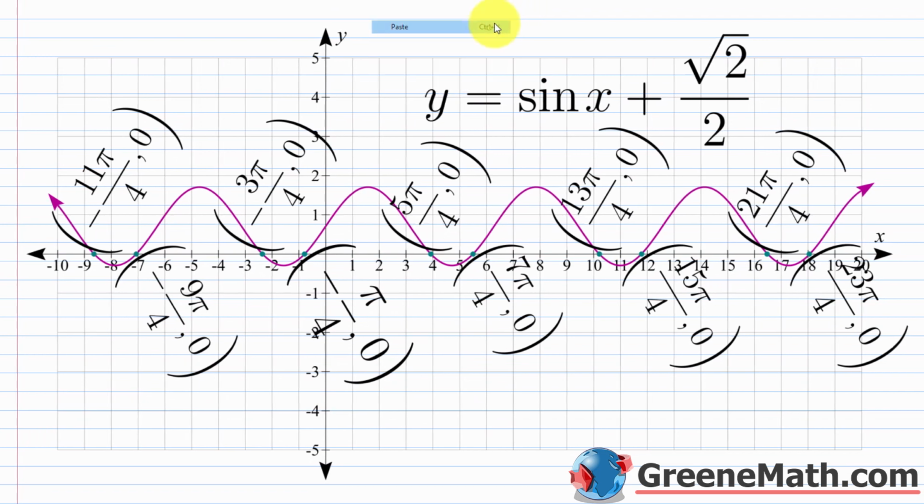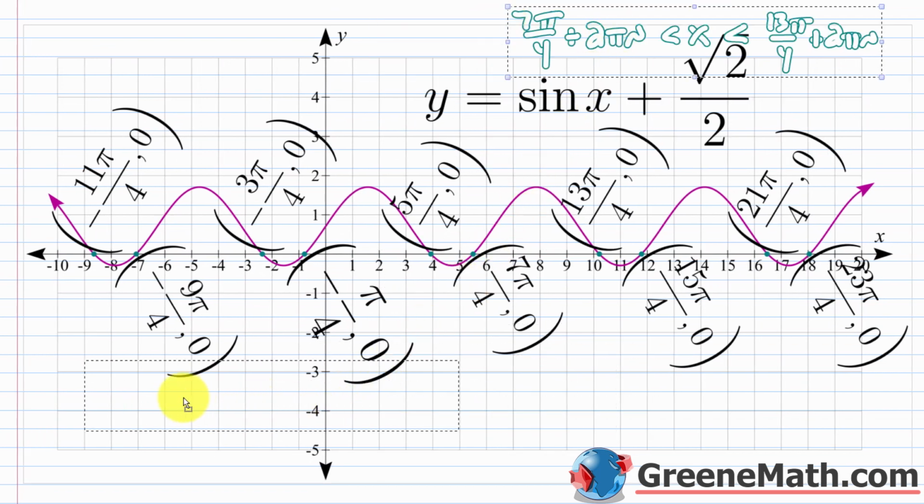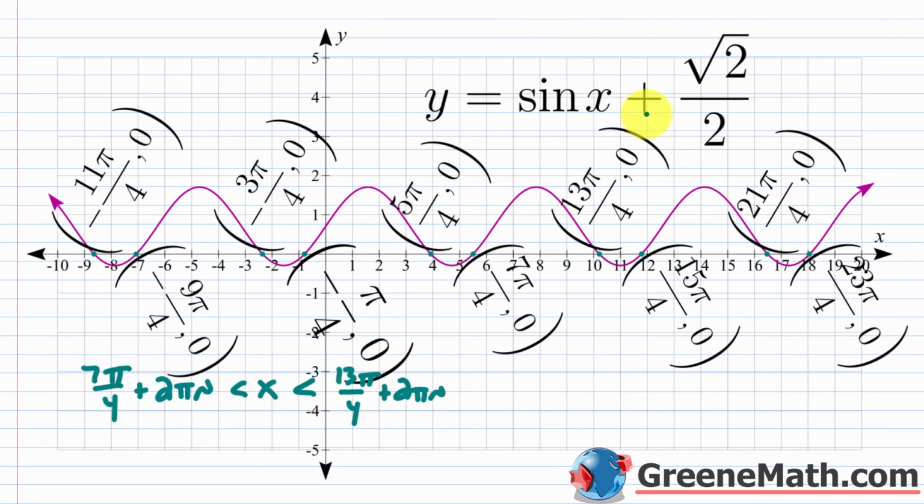And let's come down to the graph. So let's put this like this, just out of the way. And again, you can go to Desmos or any online graphing calculator and just type this in. Y equals the sine of x plus the square root of 2 over 2. Again, the x-intercepts, if you want to look at those, here's your negative pi over 4. Here's your 5 pi over 4. Here's your 7 pi over 4. Here's your 13 pi over 4, so on and so forth. So basically 5 pi over 4 plus 2 pi n and 7 pi over 4 plus 2 pi n,